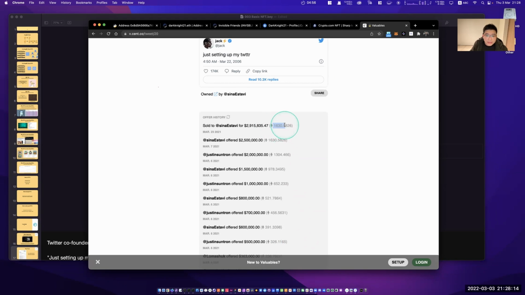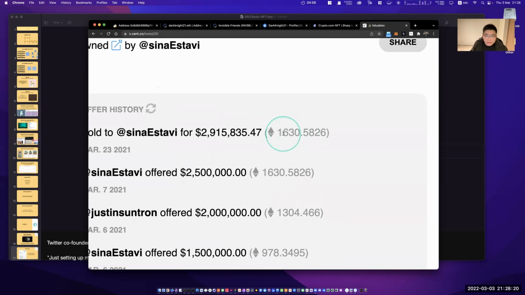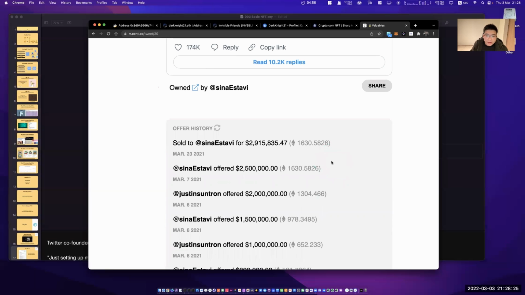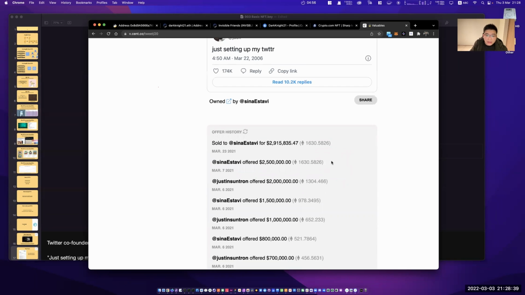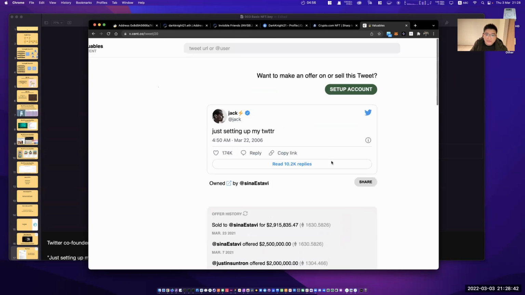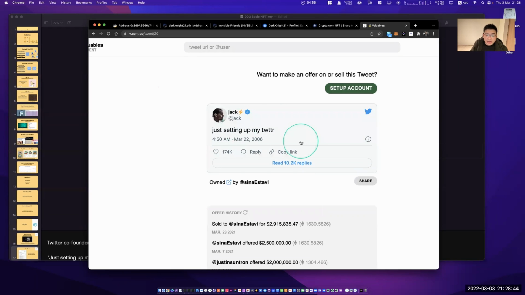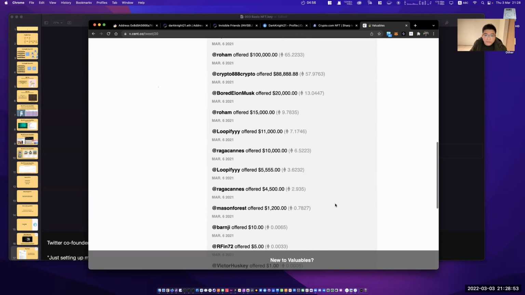Yep, the last one, 1,630. So you can see that this is proof that NFT is a really good investment, just with low liquidity. Maybe you post it for sale, but you have to wait for the time that someone is going to buy it. But you can see from this one the pattern: if an NFT is really popular and really well known, I think it creates value. Okay, and this one is a proof.